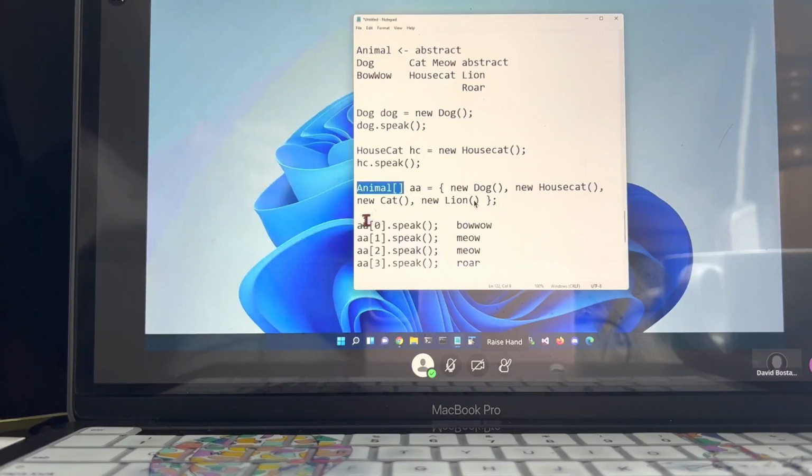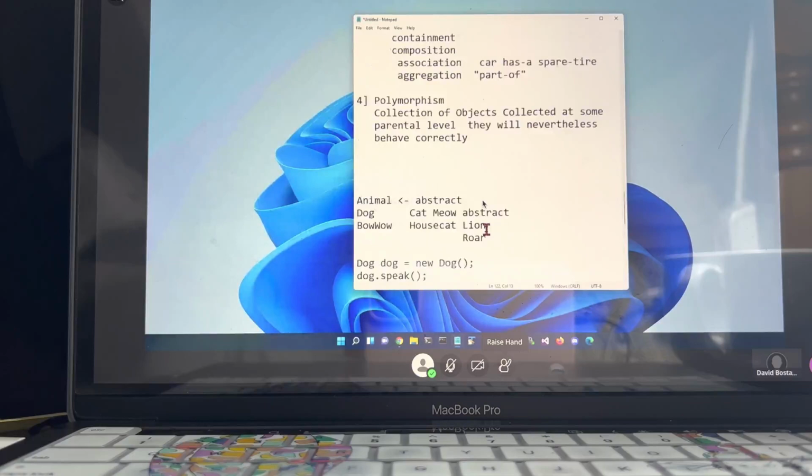And we're tipped off to it because we have multiple things inheriting from the same thing, but then treated as though they're from the same container. Now, this may have some syntax errors in Java. I'm not going to guarantee I typed everything correctly. But that's the general idea of the fourth thing we need to have.